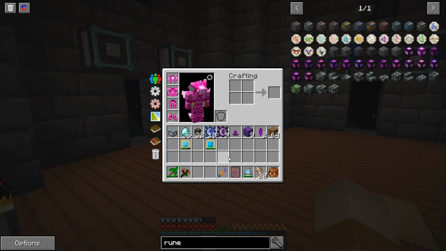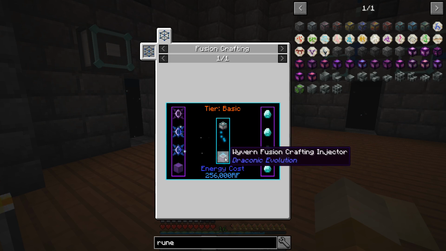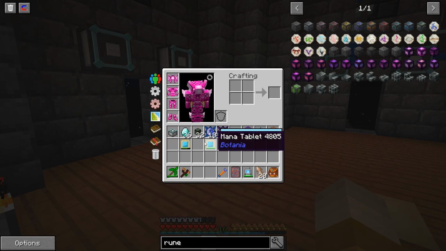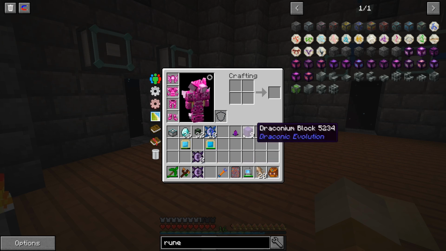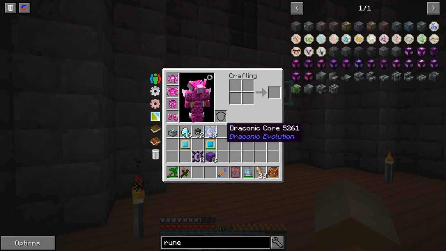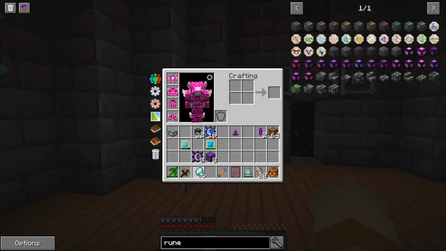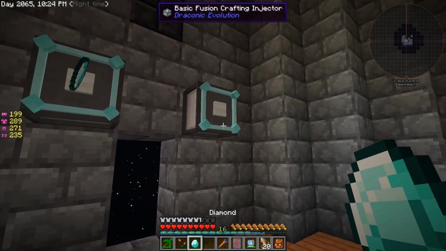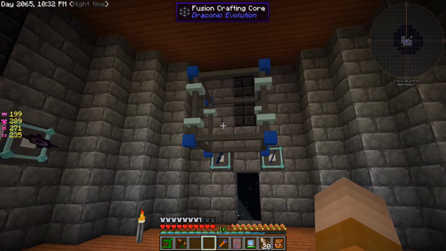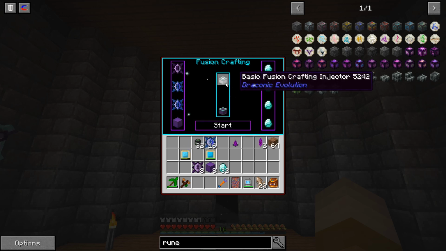So what I'm going to do right now is try to use this one to craft this Wyvern Fusion Craft Injector from the basic one. For that we need a Wyvern Core, Draconic Block, and 2 of these. So we need one of these, and I have enough to craft the other 8 that I want after. We're gonna need 2 of these, so you and you, and we're gonna need actually 4 diamonds. So 1, 2, 3, 4. There you go. So once everything is in place, we go in here, we throw the basic fusion crafting, and